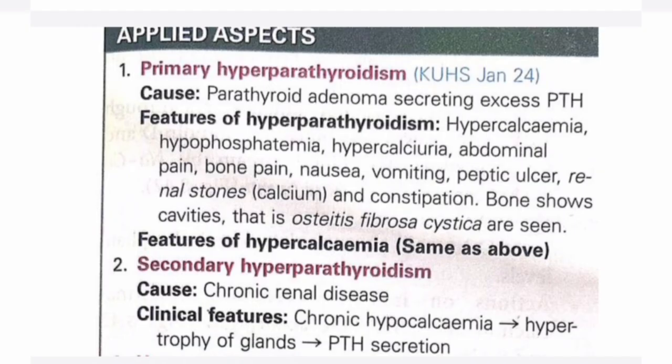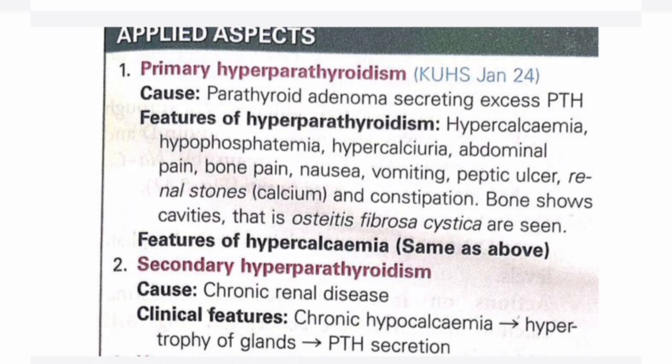Under the applied aspects, we have divided into two categories. One is hypersecretion of parathormone, the other one is hyposecretion of parathormone. First, we'll see the hypersecretion, which is of two types, primary and secondary hyperparathyroidism. The primary hyperparathyroidism is caused due to adenoma of the parathyroid secreting excess PTH hormone. So hypercalcemia,